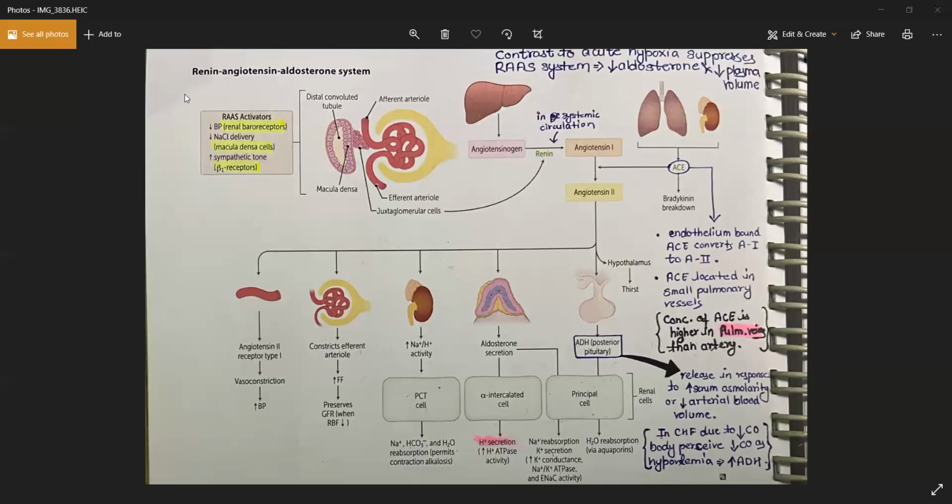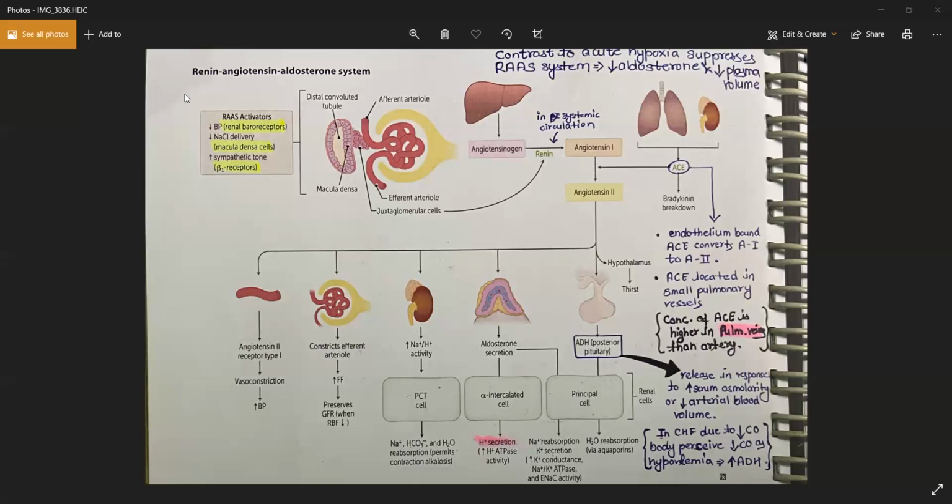Now, what are the activation factors for my ADH? One thing is, of course, the RAS system. Whenever I get an angiotensin 2, I will get activation of ADH. Second thing is the low volume of water in the body. That means a dehydrated state, right? And the third thing is the